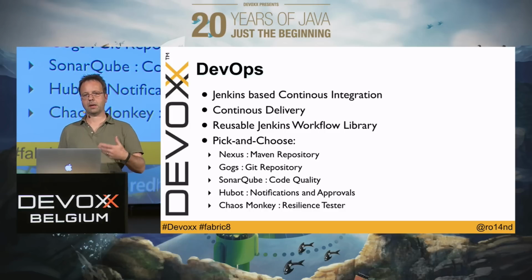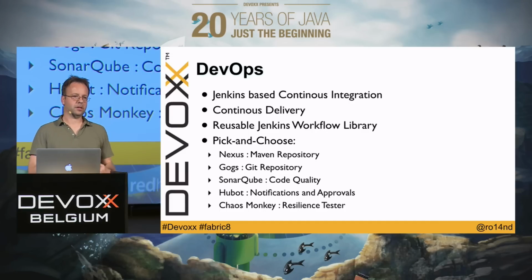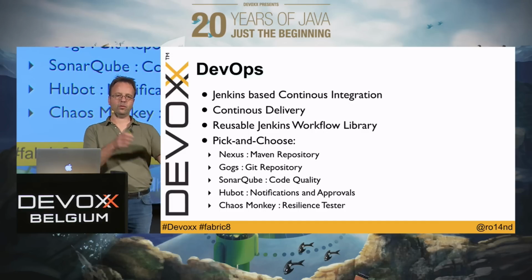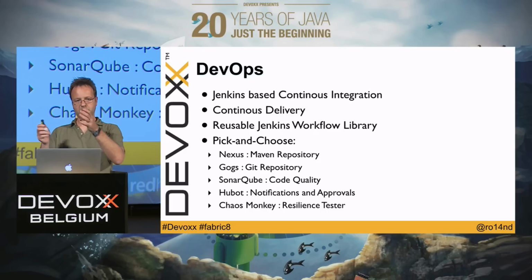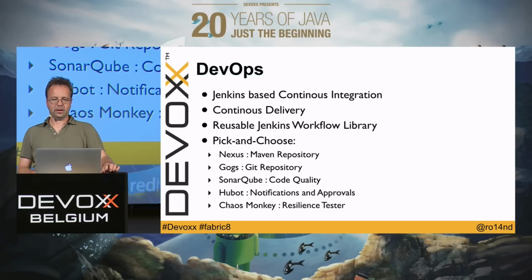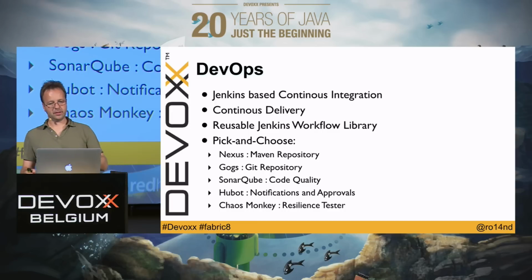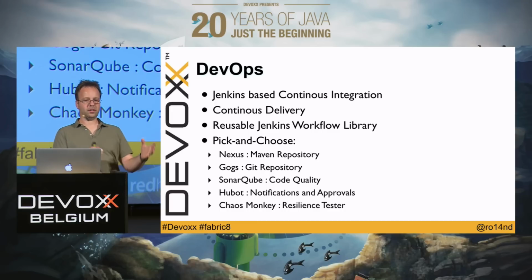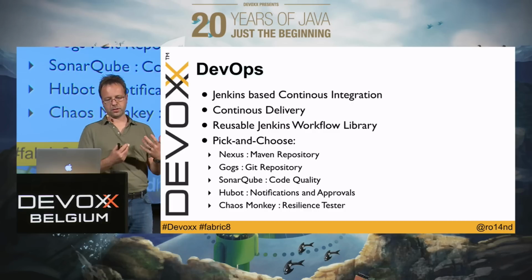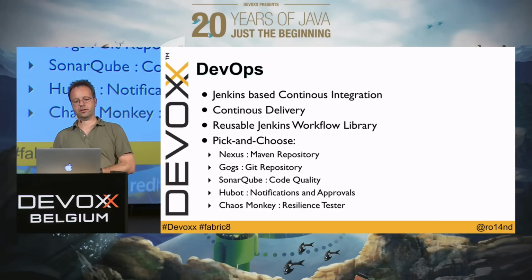And fabric8 comes with a set, for example, for setting up a 3-stage continuous delivery pipeline where you have a canary release, testing stage, staging stage, and then the production stage. And this hopefully I can show you then in the demo. What the good thing is about this set of microservices is that you can really pick and choose what you want to do. For example, there's a microservice which uses Gogs as a Git repository, so you can simply check in all your source code.